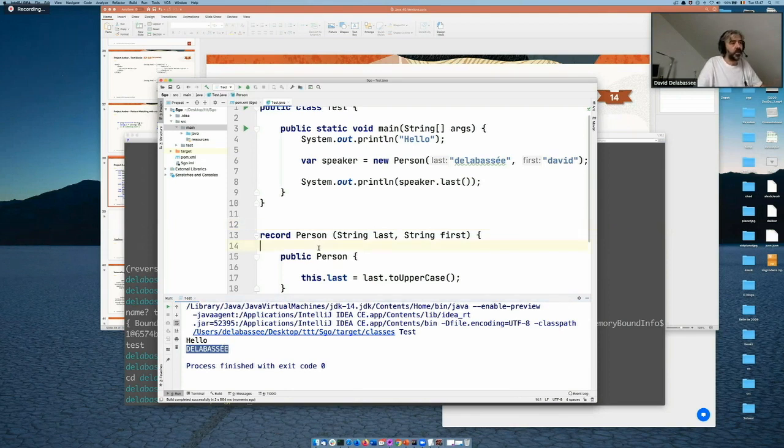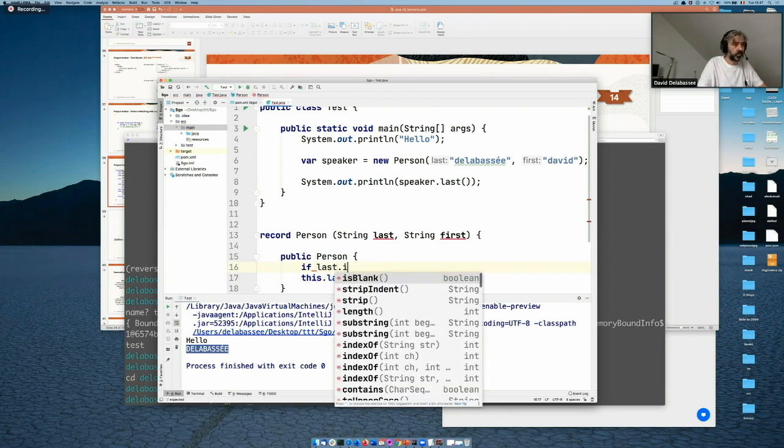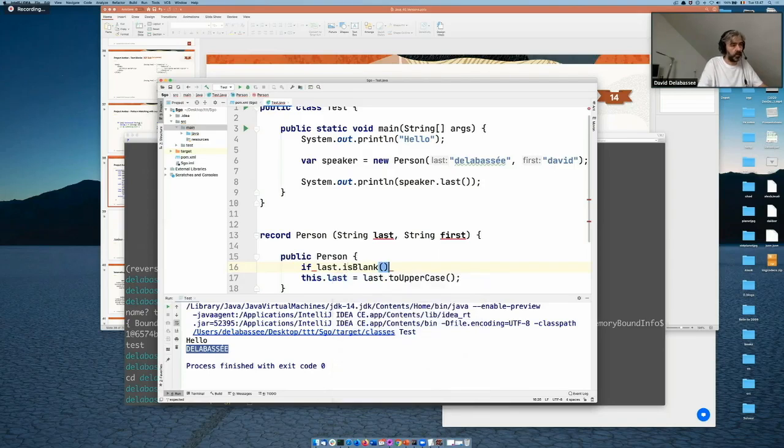And you see that the only thing I had to do is basically specify what needs to be done with one of the fields. I didn't have to specify anything for the first field, so it has the default behavior. But now if I'm doing something like this, for example, if last is blank, then this.last equals "Nimus".